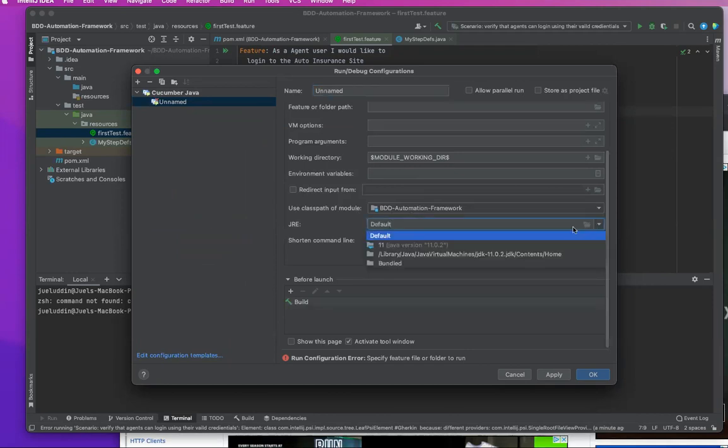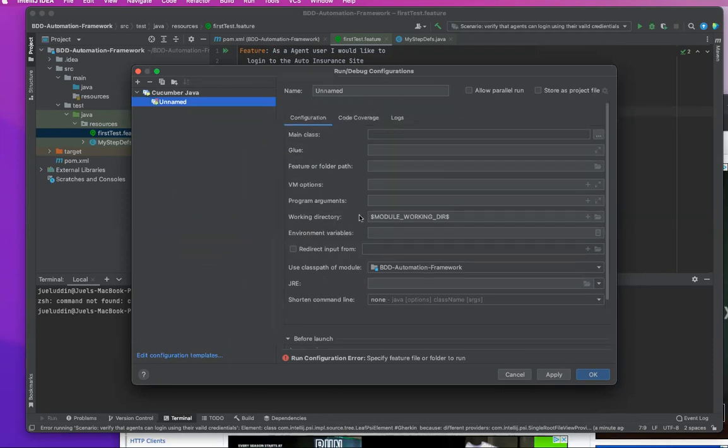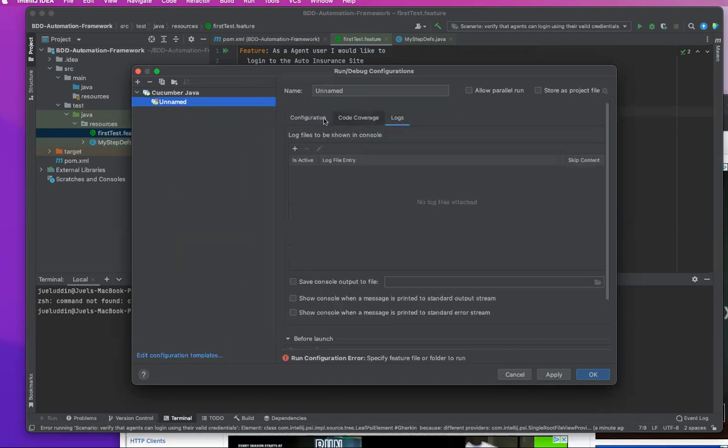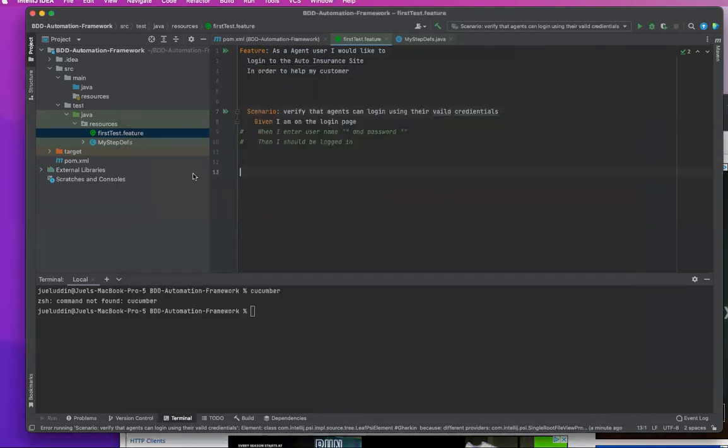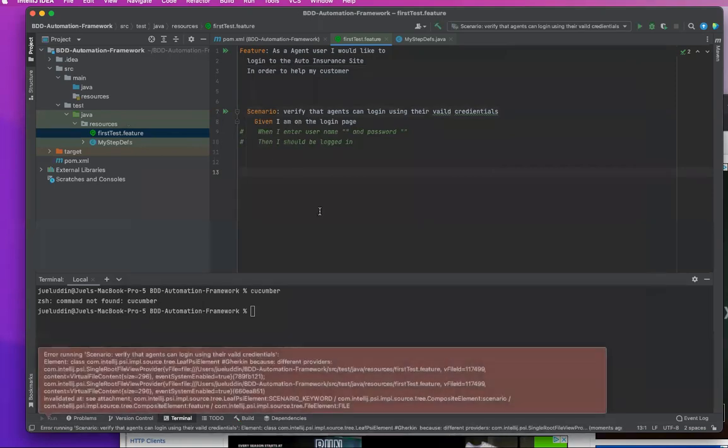BDD, JRE, can probably choose, okay, let's see first, code coverage, log. Okay, so I didn't choose anything, I just deleted it. I think it should automatically choose the right one, because we haven't provided any parameters, so it should be fine. So it says error, verify that agent can log in at the Gherkin because,